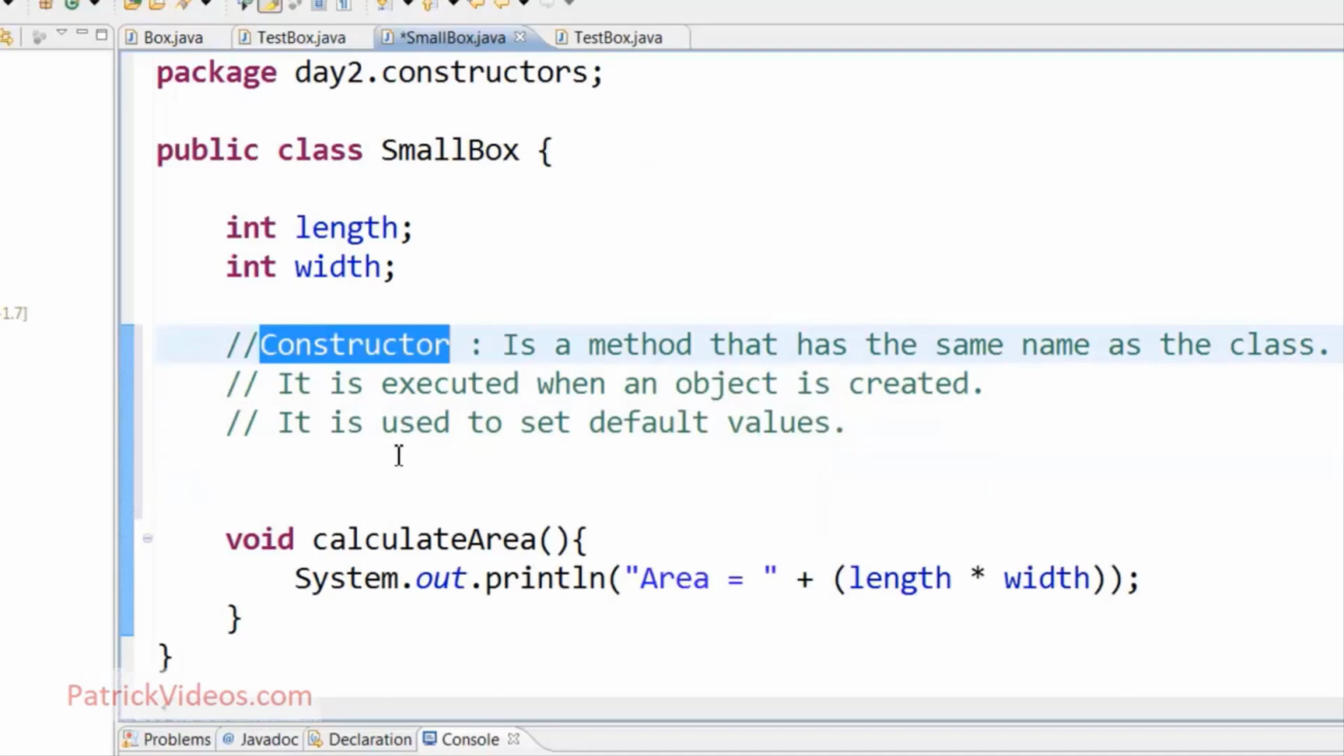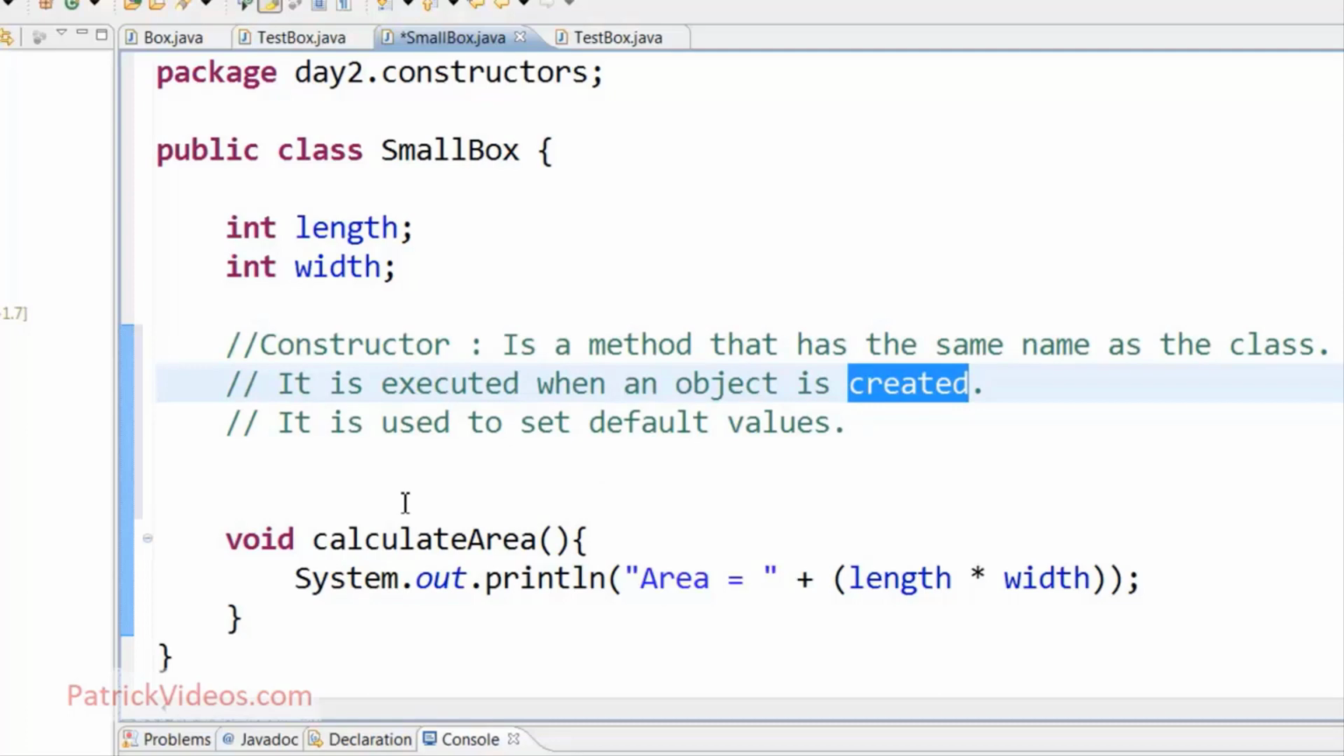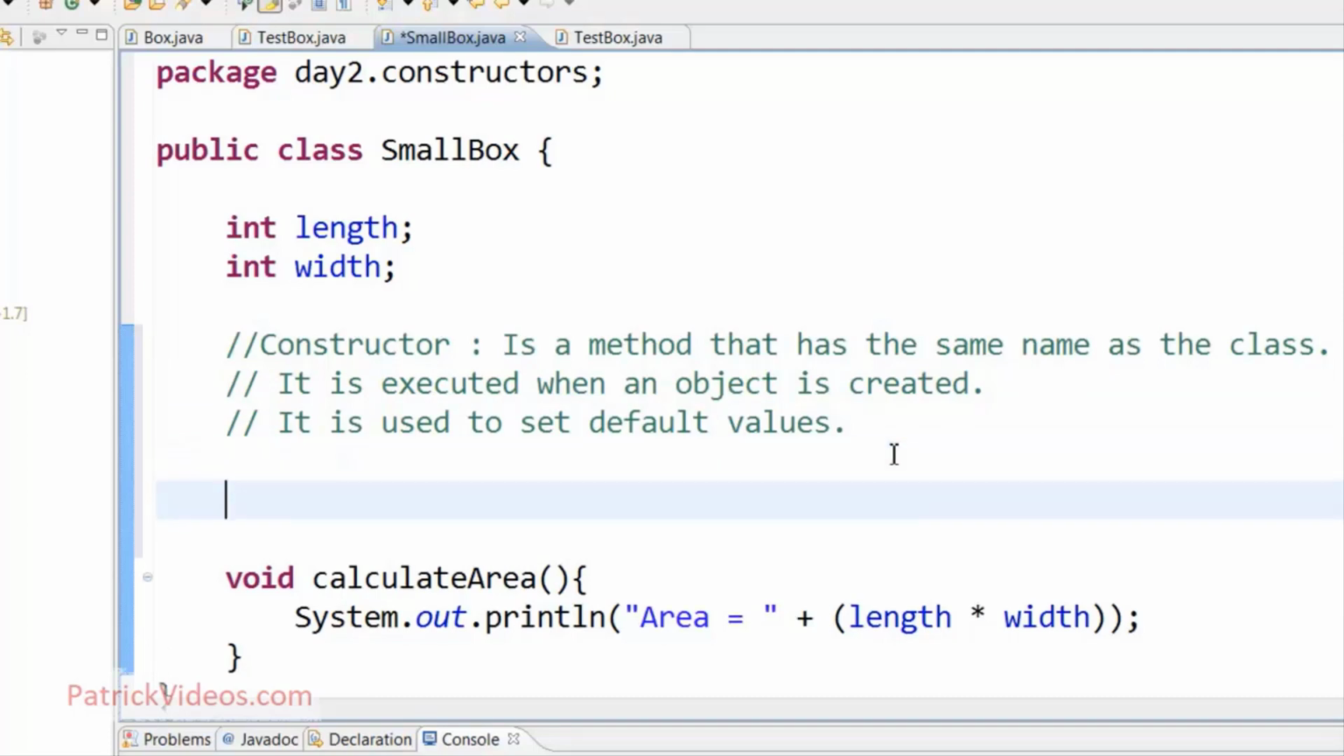So what is a constructor? A constructor is a method that has the same name as the class. It is executed when an object is created. It is used to set default values. So let us look at this. A constructor is a method that has the same name as the class. That means let me create a method